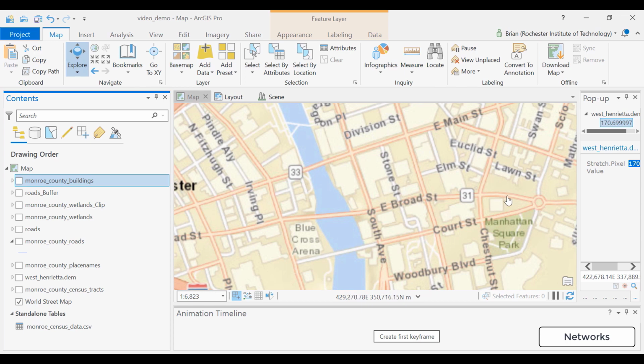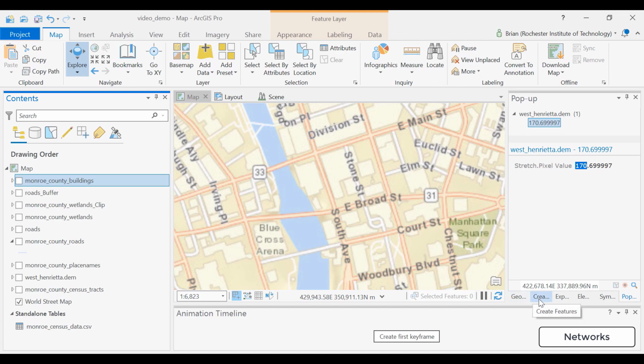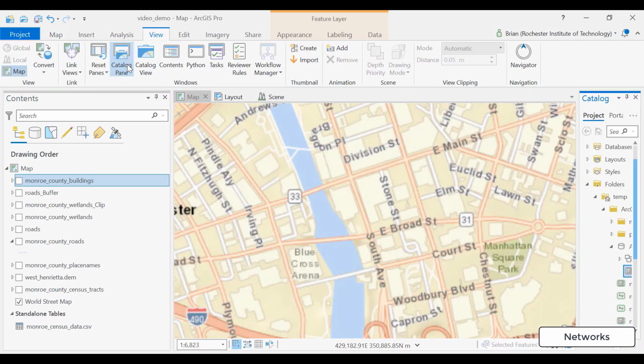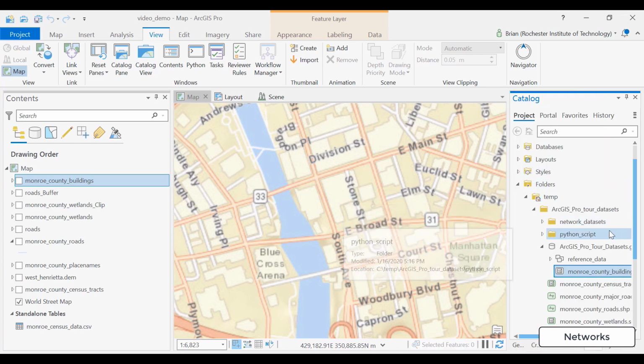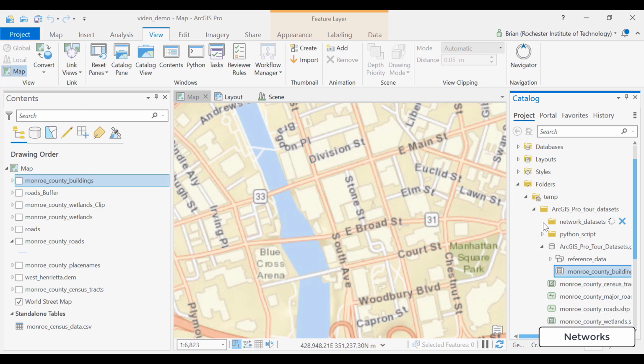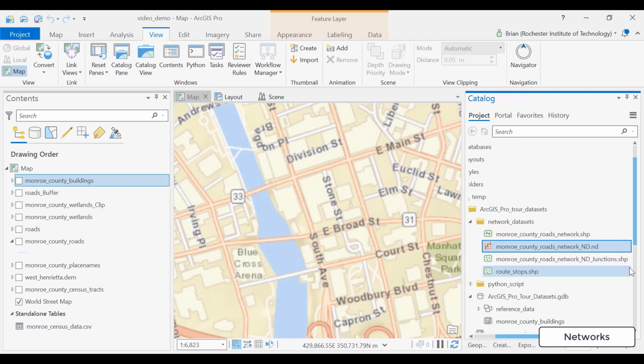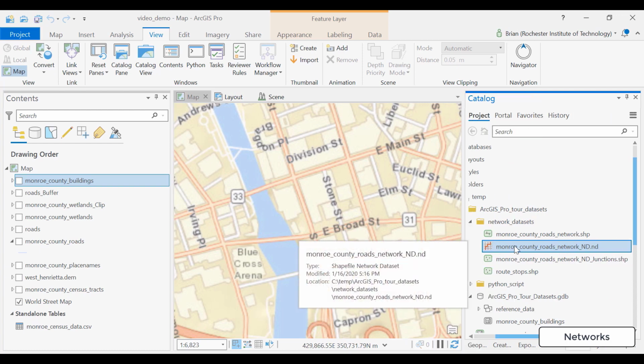If you look at the data sets I gave you, there's my catalog pane. There's a folder in there called Network Datasets. And what you'll see in this folder, they look similar to the other things, but they're slightly different. Monroe County Roads Network ND, Network Dataset. And notice how the icon is different. So with that, if you drag that over to your map,